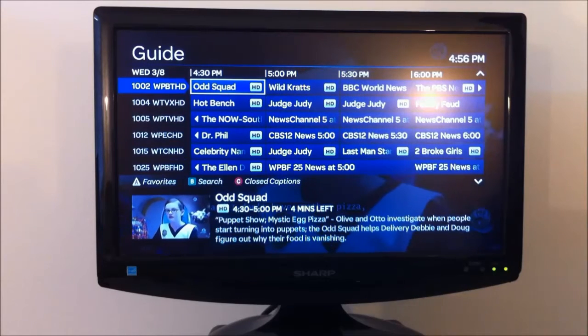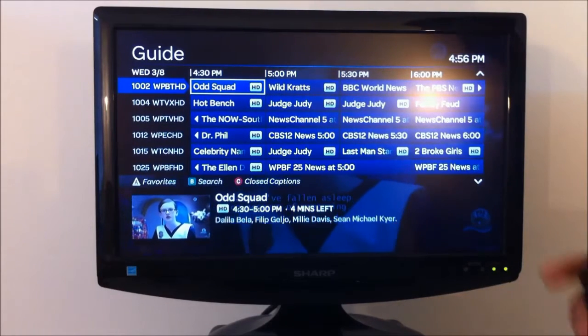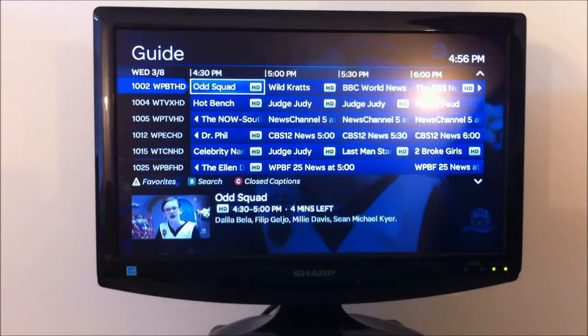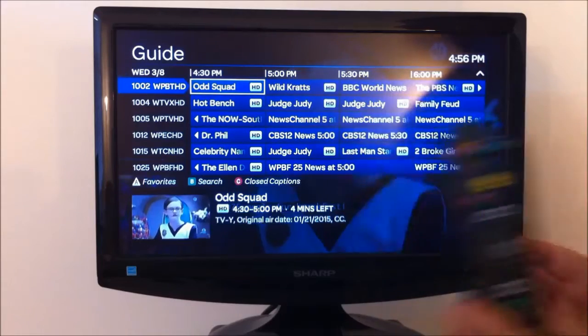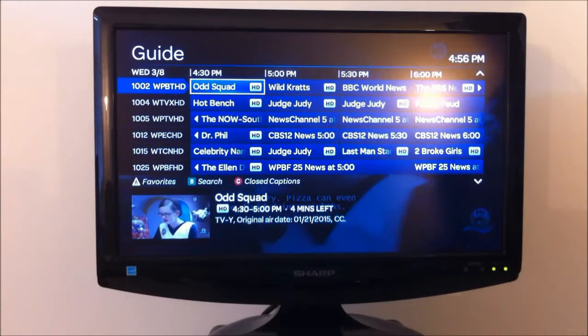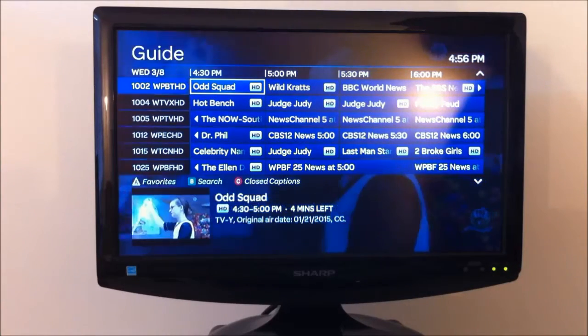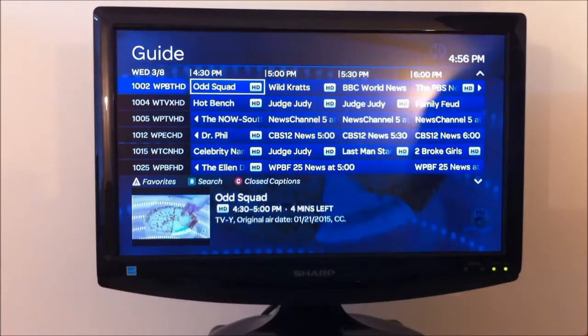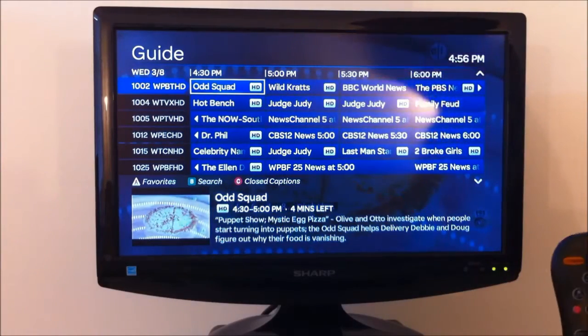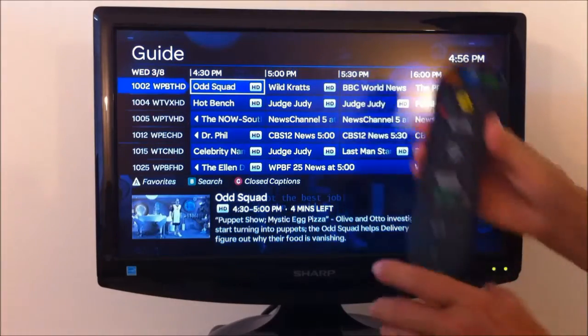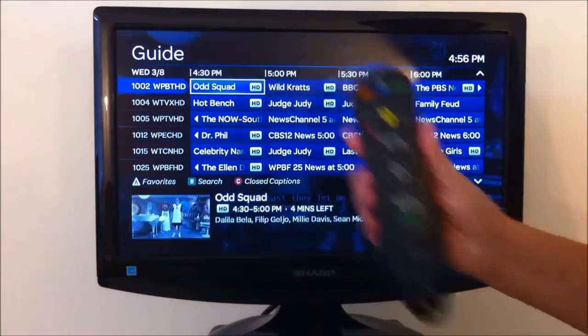We're going to be looking at the guide and taming the guide, because the guide that comes from AT&T shows you everything, whether you subscribe to that channel or not. So it can be very disappointing, not to mention the fact that there are 887 offerings. Now we got to this screen by pressing the guide button,